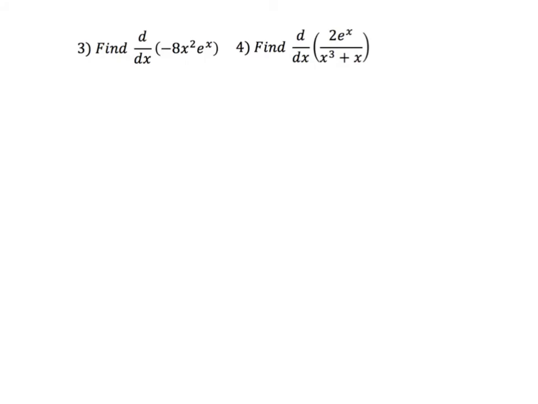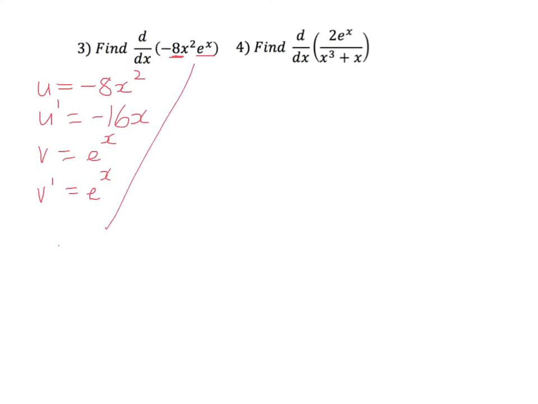In example number 3, notice how there's an x there and an x here. We've got two functions which have been multiplied, which means we are going to need to use the product rule, where u is negative 8x squared, u dash is negative 16x, v is e to the x, and v dash is also going to be e to the x. So that means the derivative will be